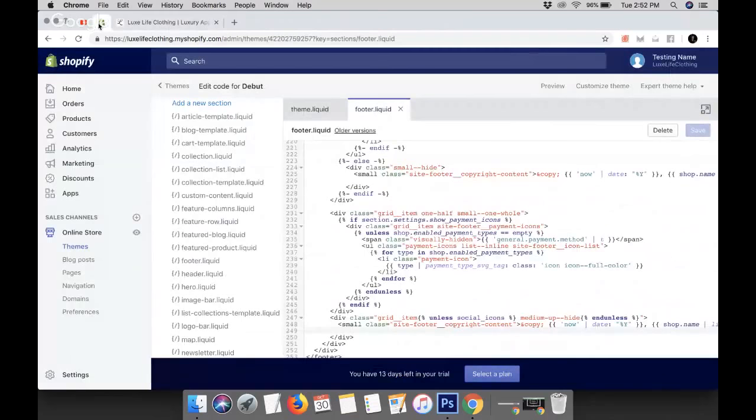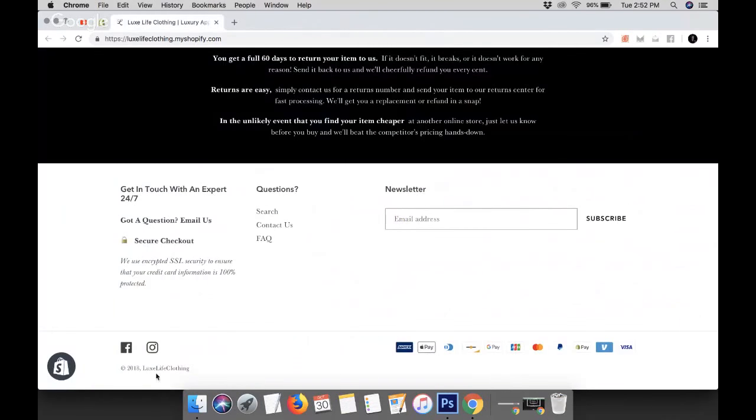Again, if you do not feel comfortable doing this, do not touch it. If you need help doing this, reach out to me and I could possibly jump in and do it for you. So remember, footer.liquid, delete those 2 lines of text, and now it's just my store, Lux Life Clothing, no Shopify,